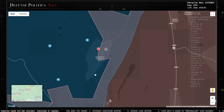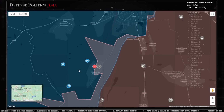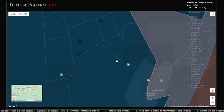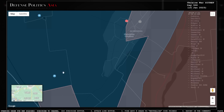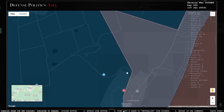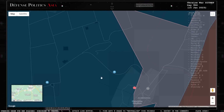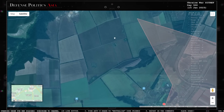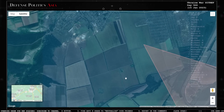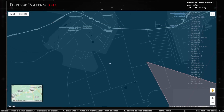So Klishchiivka is surrounded on three sides. There are only all these tiny roads. You can see from Klishchiivka, the lower road is gone. They are only left with this road, and I'm not even sure if they can use this road. So they'll have to go through the fields. You can see that the grid shapes of the roads are actually going all around the farmlands. They are moving up towards